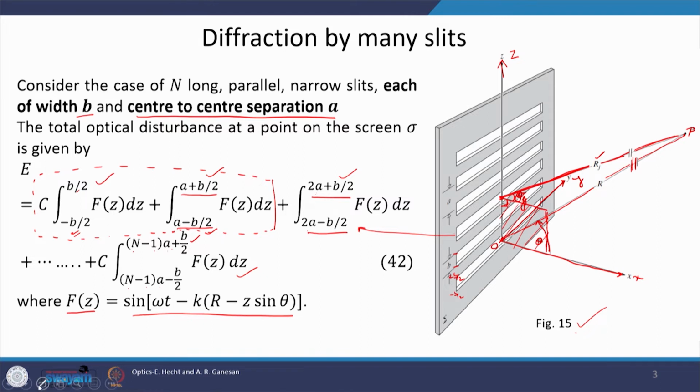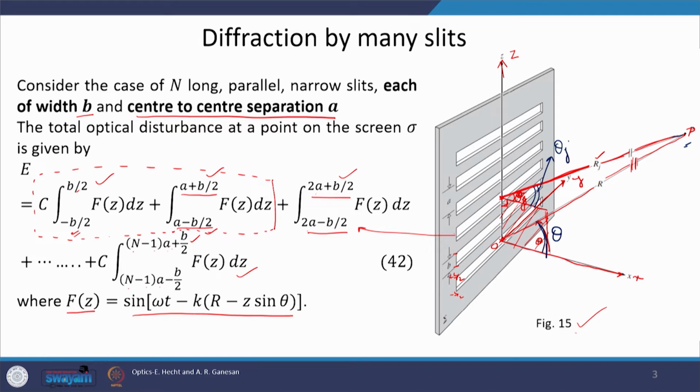Now, in this figure, theta j is this angle. Okay, this angle is theta j, while this angle is theta. Now, if you consider point P very far from the aperture, and this aperture plane where a number of